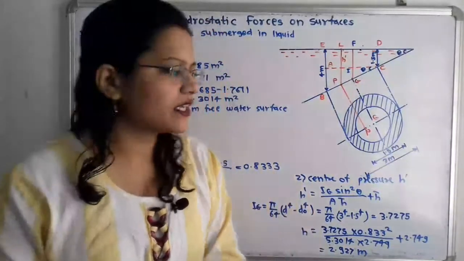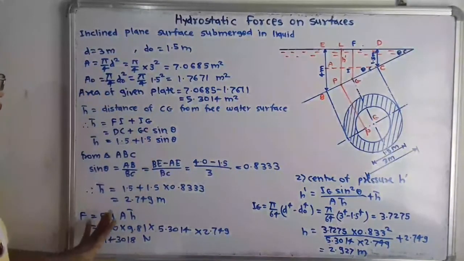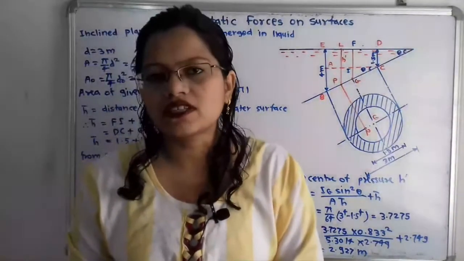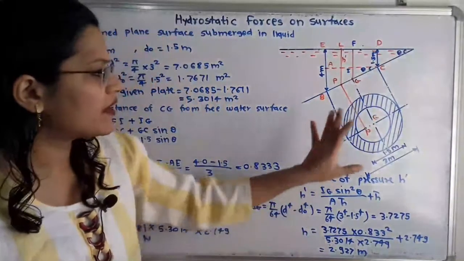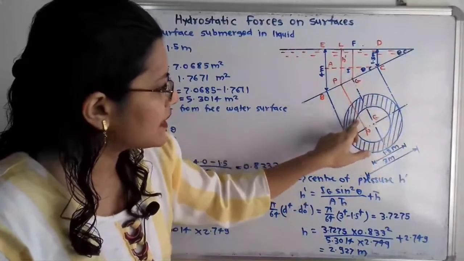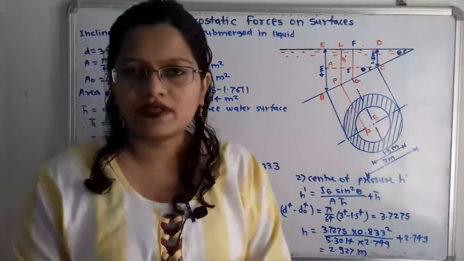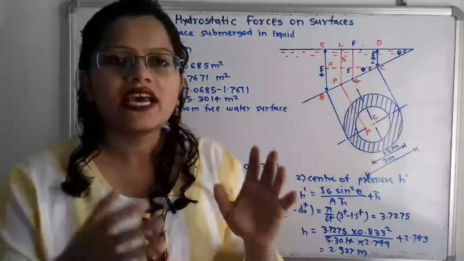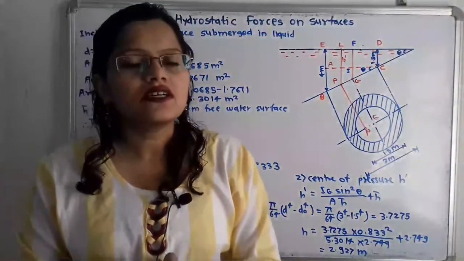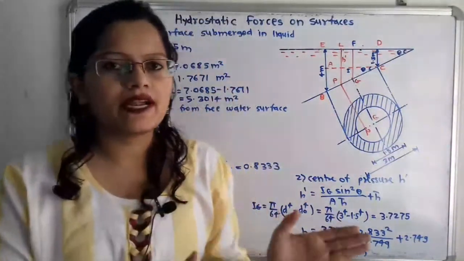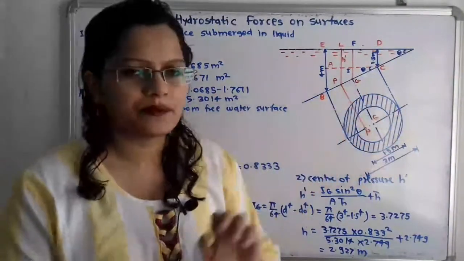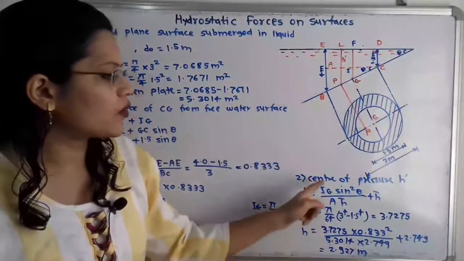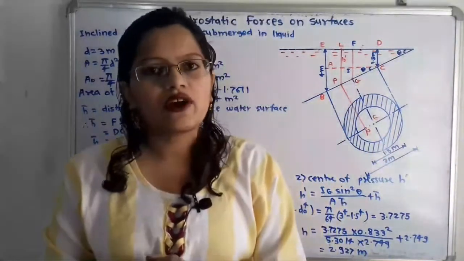Now what is the question here? We have to find out the total pressure, or total force, applied by the liquid on the surface of the plate. Inside this there is the hole of 1.5 meter diameter, so the surface I have shown with lines is the only surface. We have to find the total pressure or force applied by the liquid on the surface of the plate. This is the first question, and the second question is that we have to find the center of pressure.